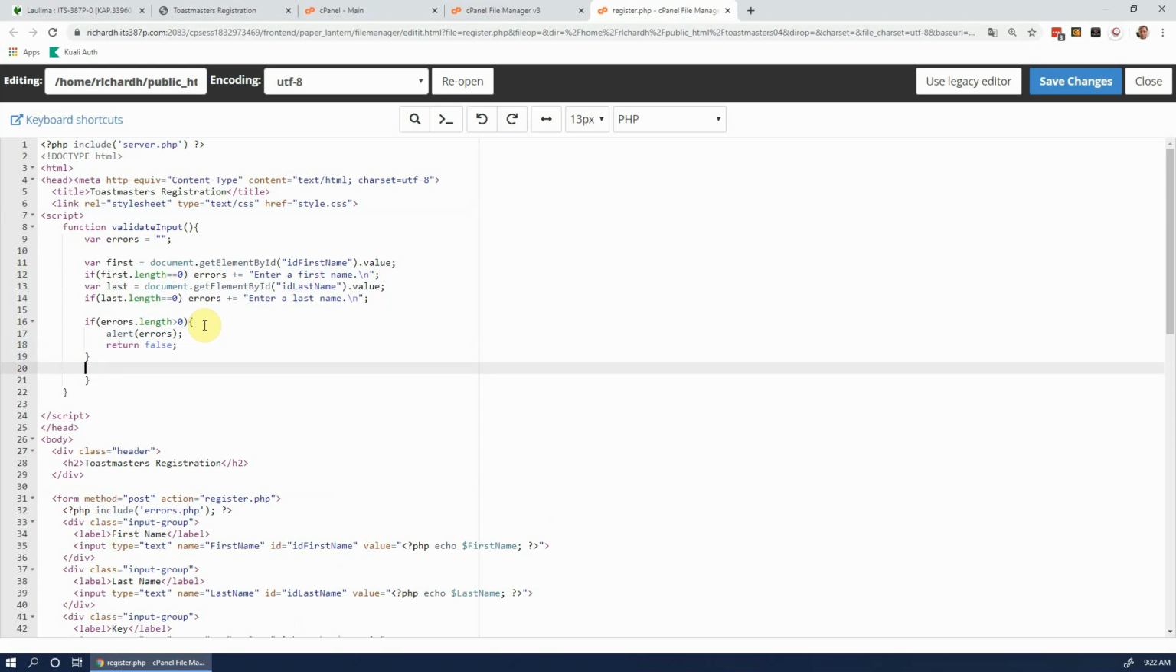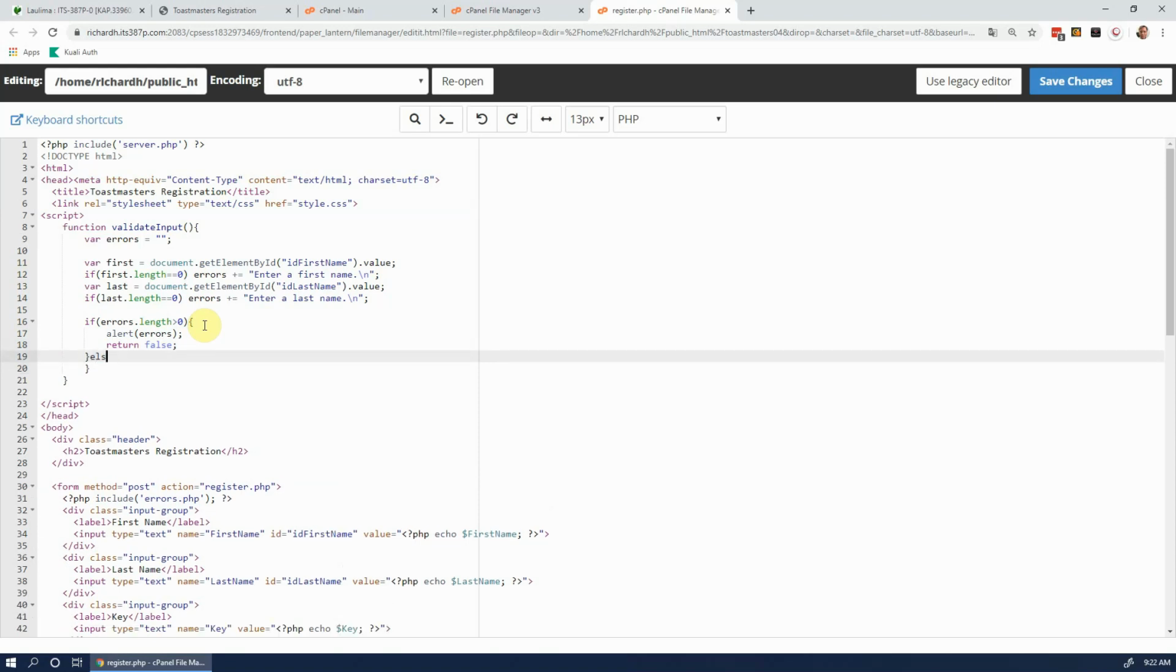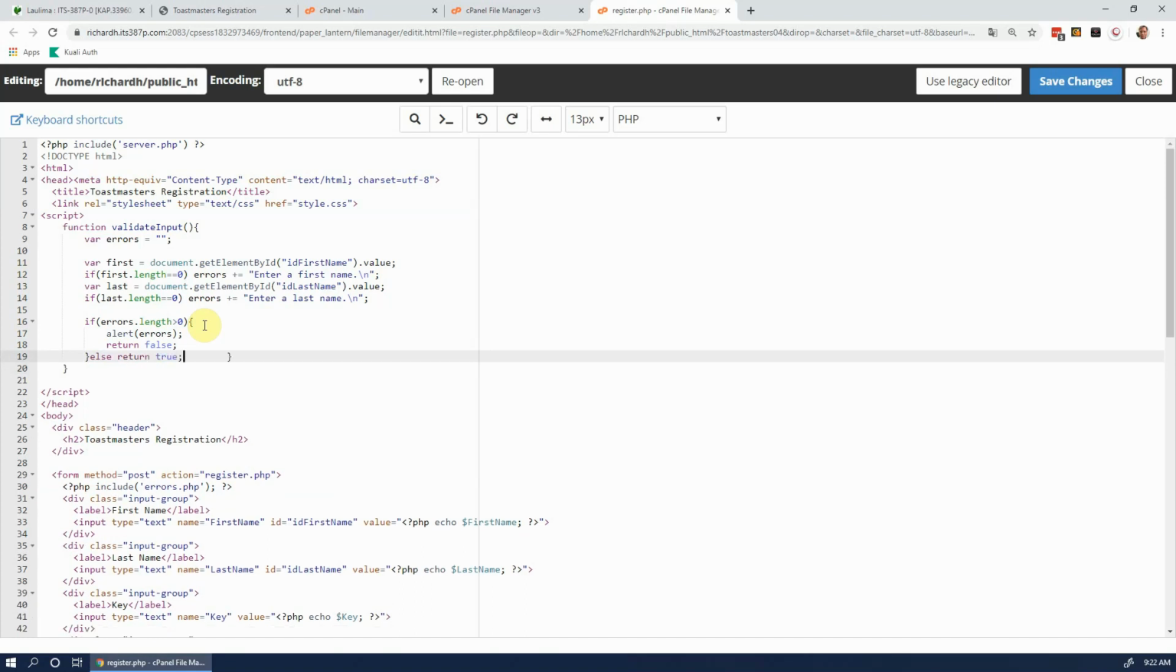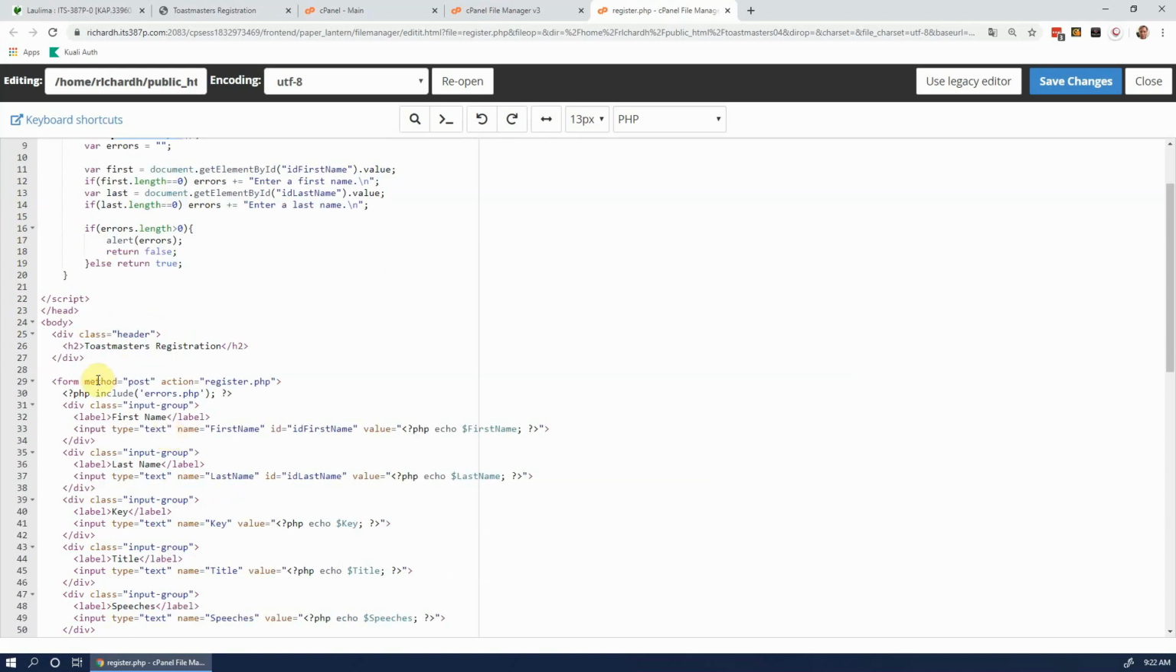I'm just going to put the else in there. I can just say return true, and I don't need that. And how do I invoke? Is my function done? Yes. How do I invoke this? Well, I invoke it right here at the form,